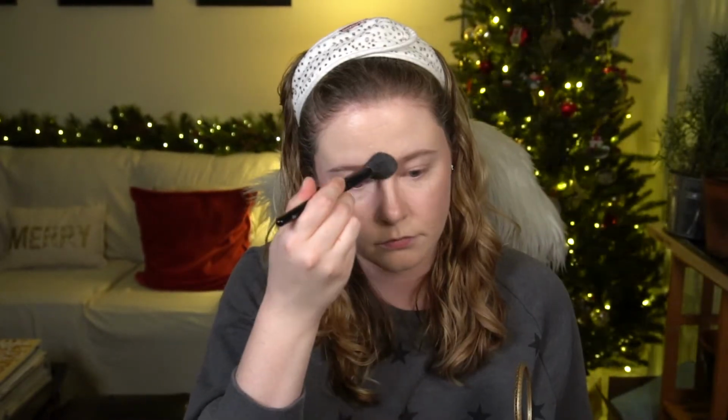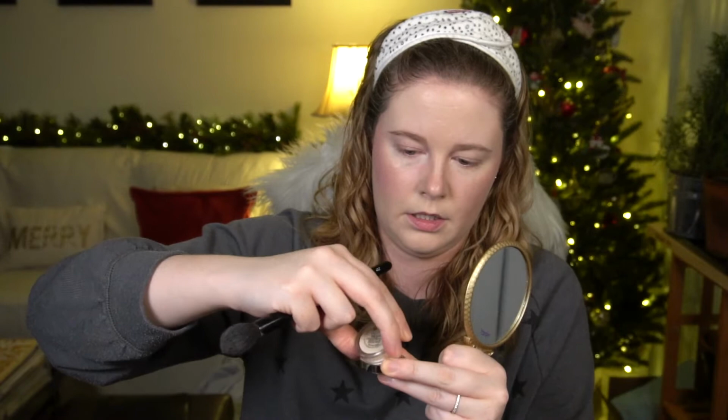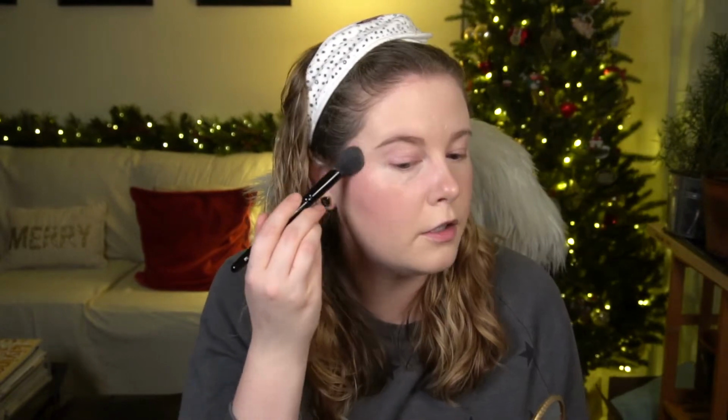And I am powdering the cheek even though I'm going to be using a cream highlighter. It is a little hard to get a good amount into this little cap without feeling like I'm getting too much on my brush. I've never been a huge fan of baking, especially since I have dry skin. So I think I'll leave it there for that one, and then I'm going to take a look at the